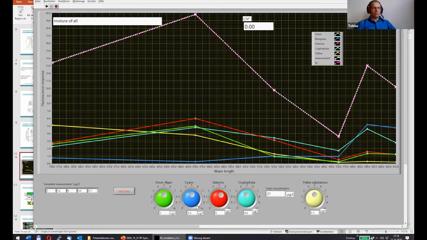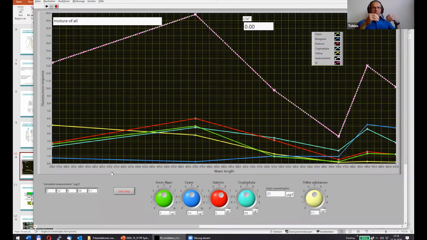You have 5 microgram green algae, 5.2 cyano, 6 diatoms, and 4.8 cryptophyta, and the total content of 21 microgram chlorophyll A, and you have also 5.1 microgram yellow substances. That is the principle.